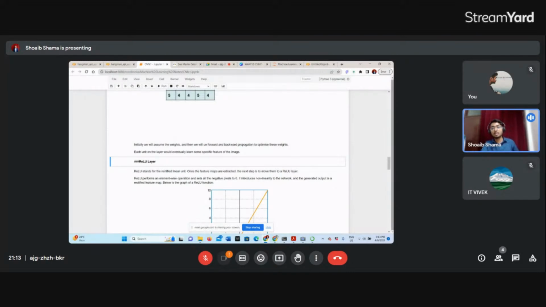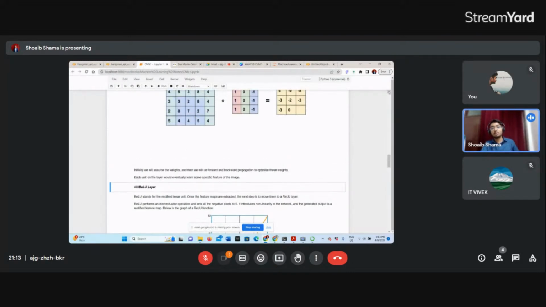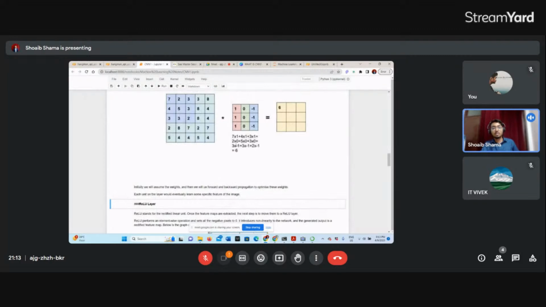So you have just seen now that we have multiplied this one with this one. So it's possible that our matrix value is like -9, -8, but in real the RGB value is from 0 to 255.